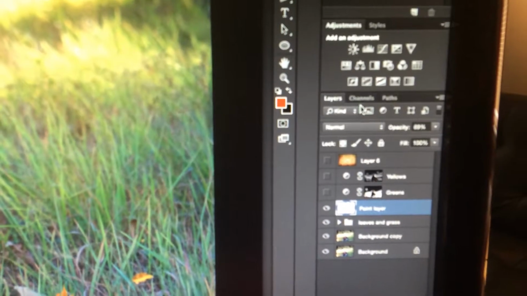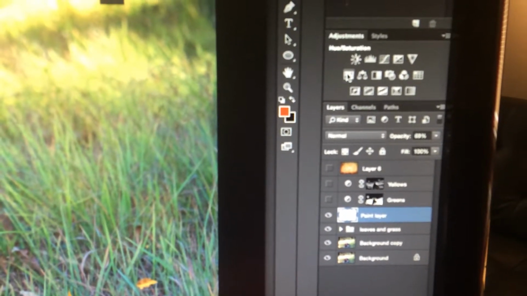It looks too summery, so it's not really fitting with our overall theme. So I wanted to affect those greens only without having to paint, and I wanted to make sure that it was actually affecting the most green parts of the photo. So what I did for that is I came over here and I did my hue saturation layer,